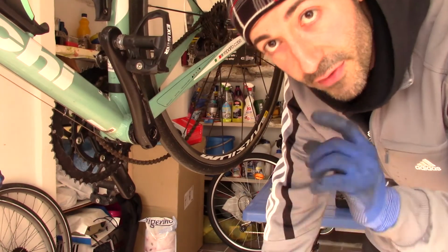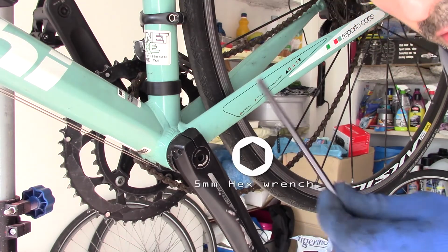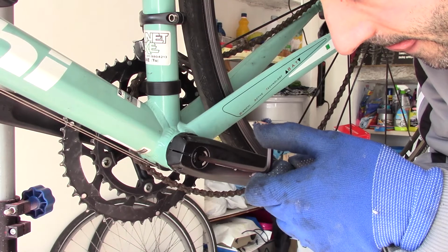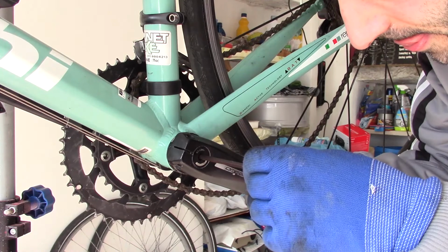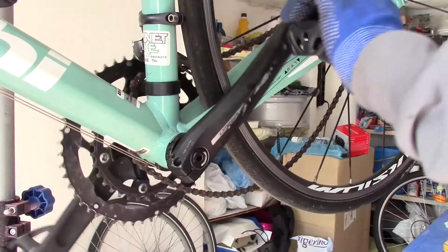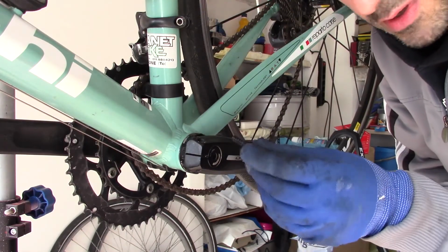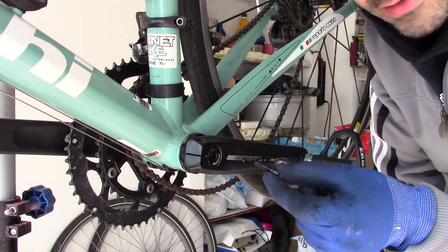Then take a very small dynamometric wrench, if you have it. I tried to screw without a dynamometric wrench. It's only a little bit, it's like an end tie. I think that's enough. Now use some medium thread locker on the left crank arm bolts and tighten them to